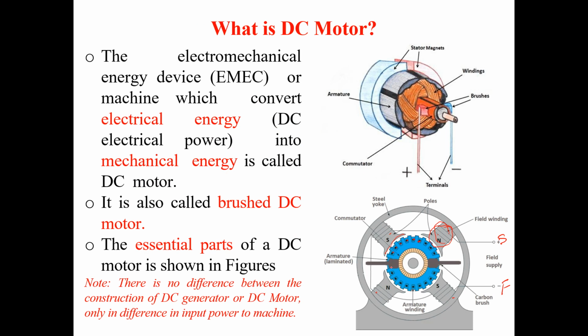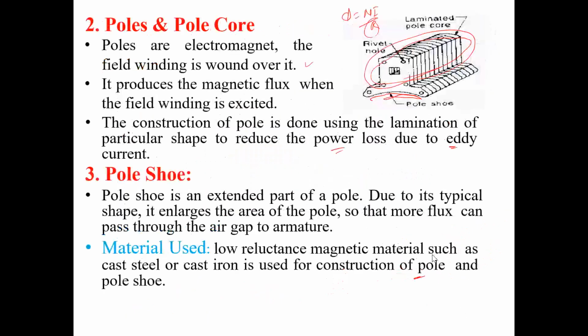That means conductors are placed on this pole sheet. This whole part will be known as a slot. This cut is known as a slot, and we can place either a single conductor or a number of conductors in that slot. In the armature, these conductors are placed in the outer periphery. For this armature, these are the outer periphery; for this stator, these are the inner periphery. So conductors are placed in the outer periphery of an armature core.